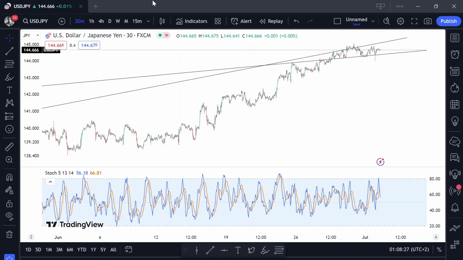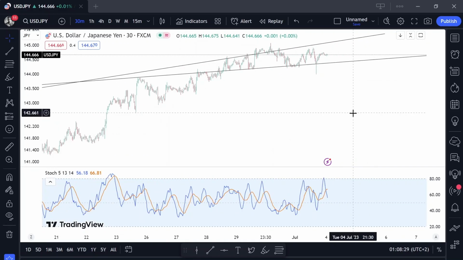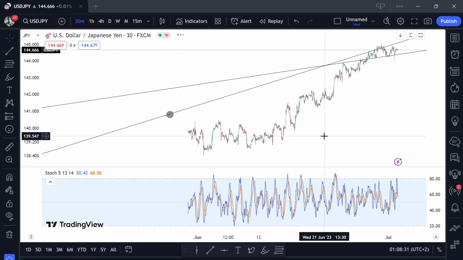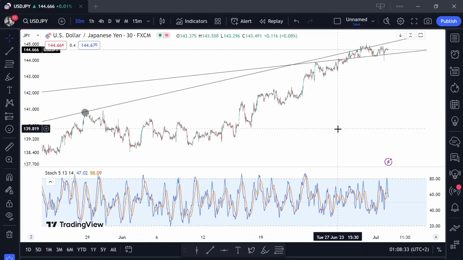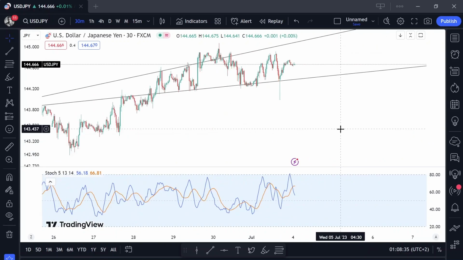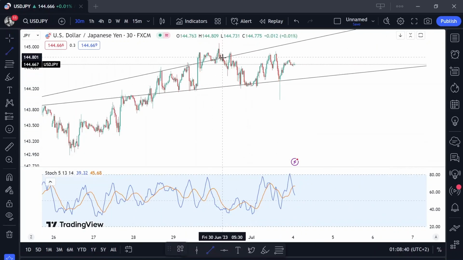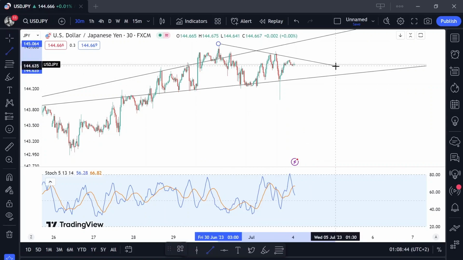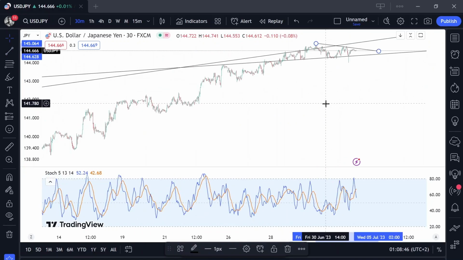If you are on M30, what you're simply doing is looking at the market structure, and your job is also to draw trend lines. Without wasting much of your time guys, I just want this video to be short. If I draw my trend line like this,